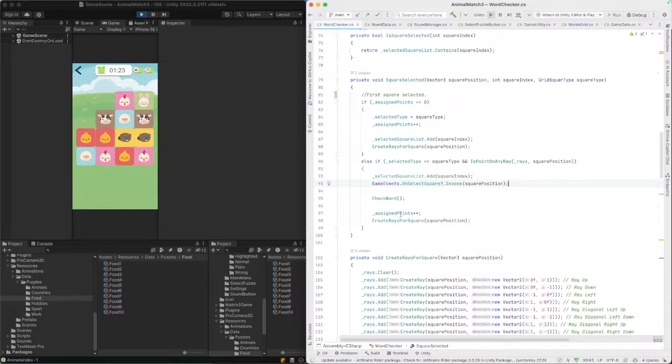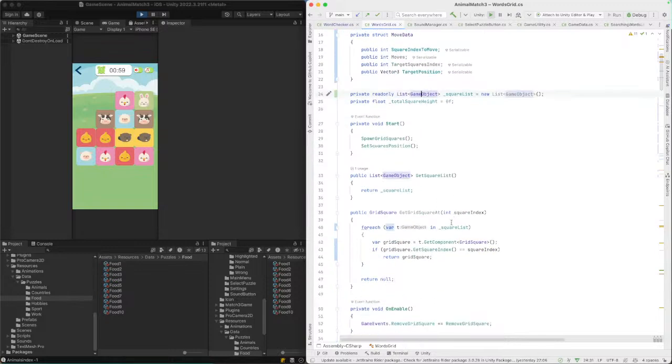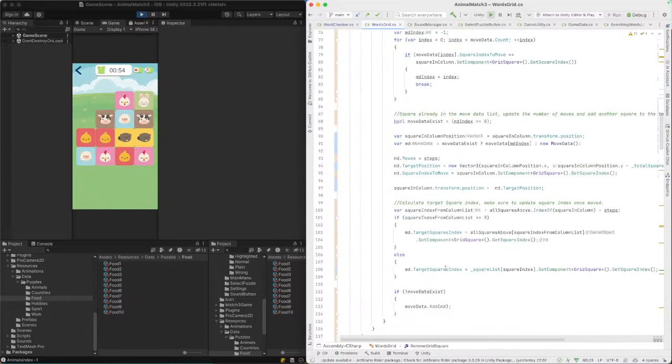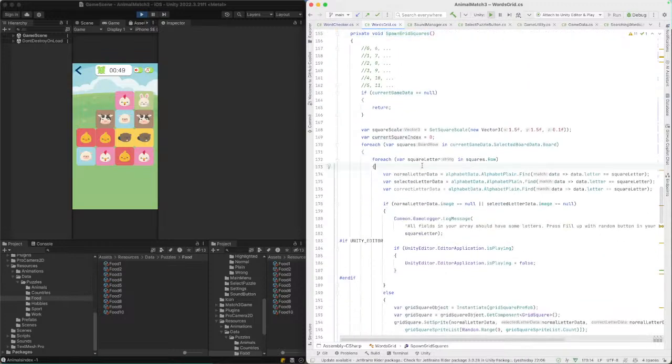So, and we have the assign point. The assign point is basically how many squares we have selected, and I need to get from the board data, no, from the word grid, how many columns and how many rows we have for the current board. So I think there should already be the data to pass to that, because we're spawning the grid somehow. So when we spawn the grid,